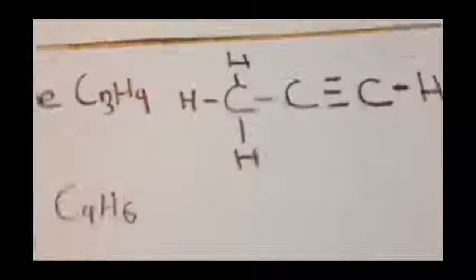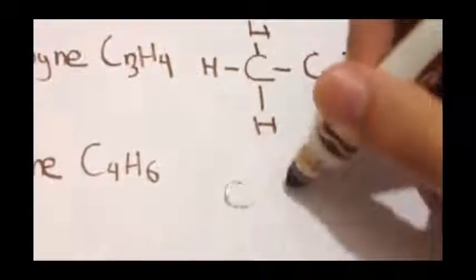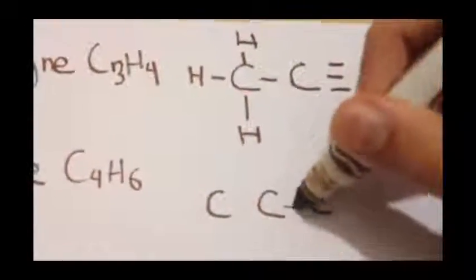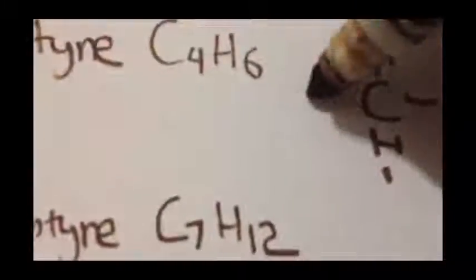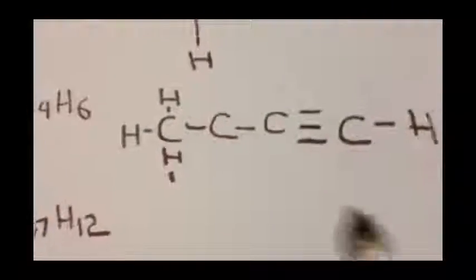This was very easy because there are few carbons and few hydrogens, but for example if we have C4H6, we are going to do this: 1, 2, 3, and at the end we're going to put the triple bond and then the hydrogen and the 3 bonded hydrogens to the first carbon. Now we have 1,